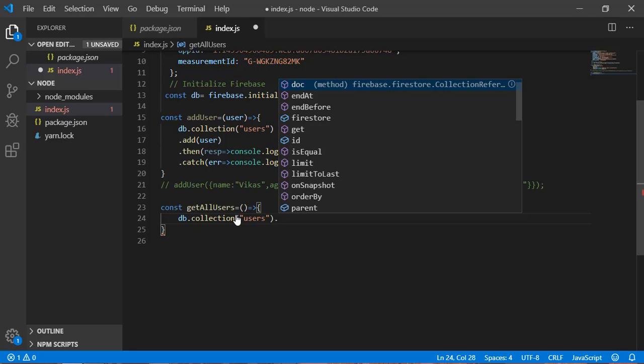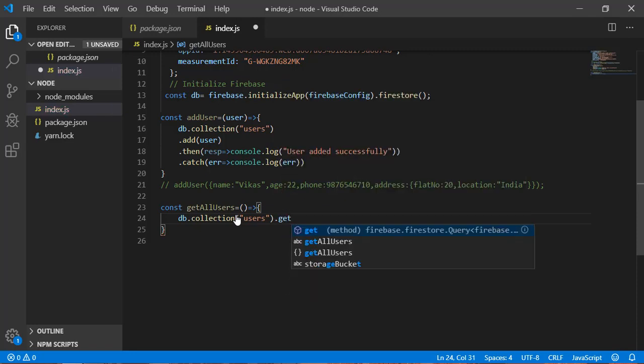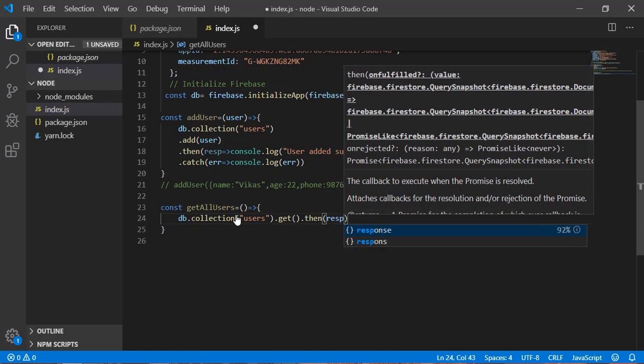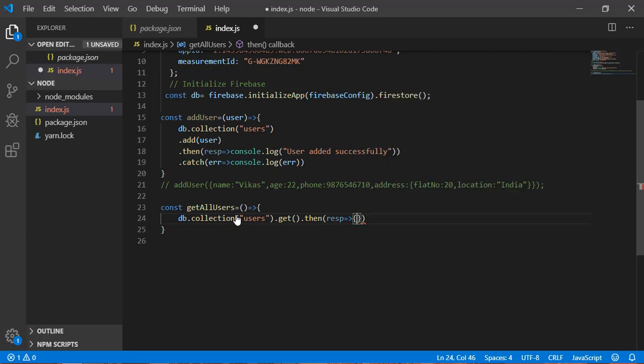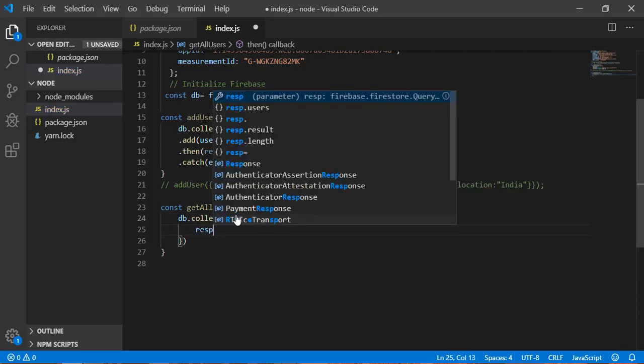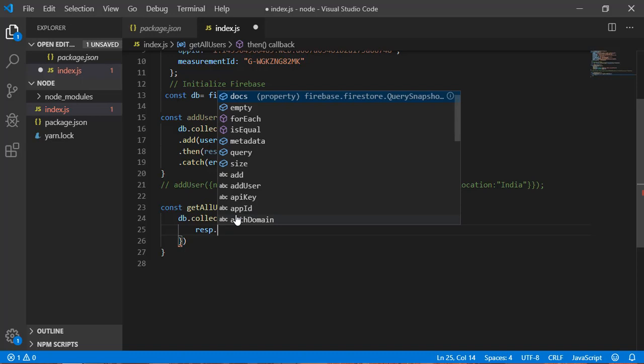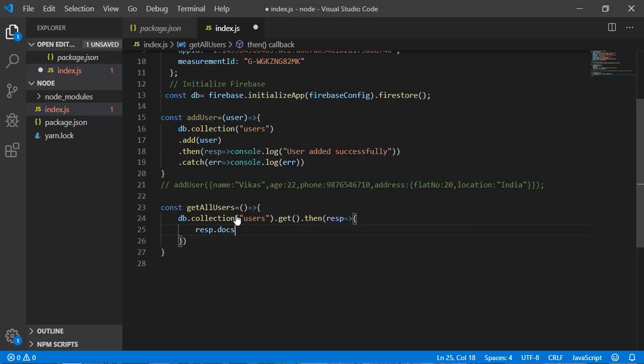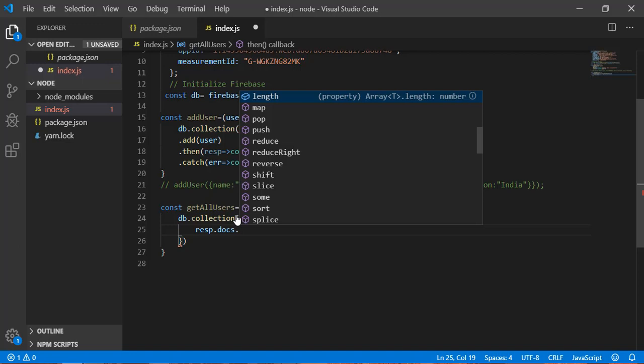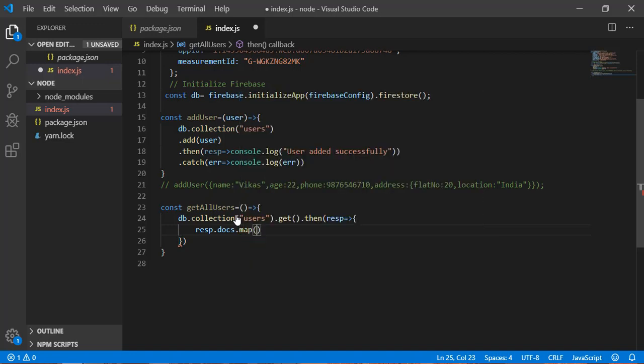Get is a function which is going to return me documents. So get dot then, and here response. This response is going to give me multiple documents, so I need to write docs and dot, I need to map over every data.